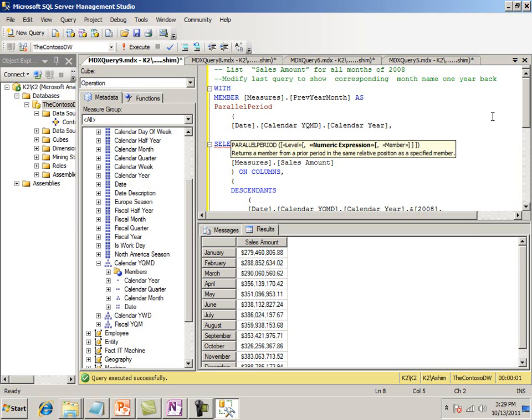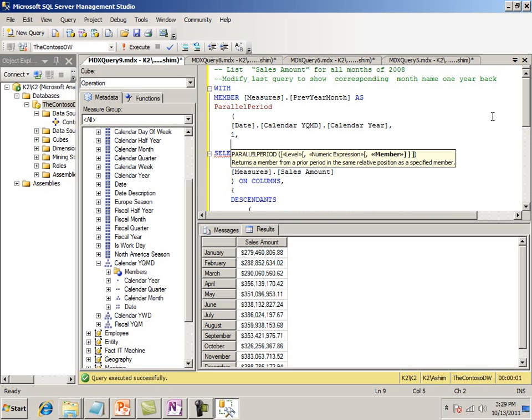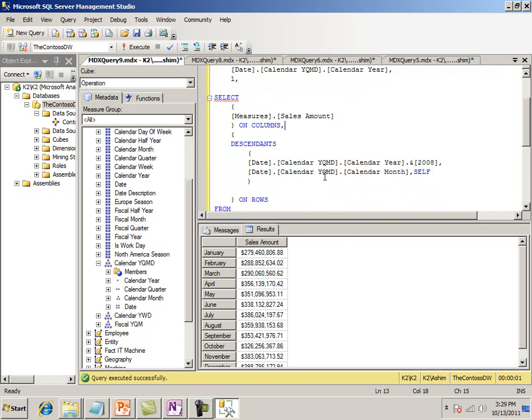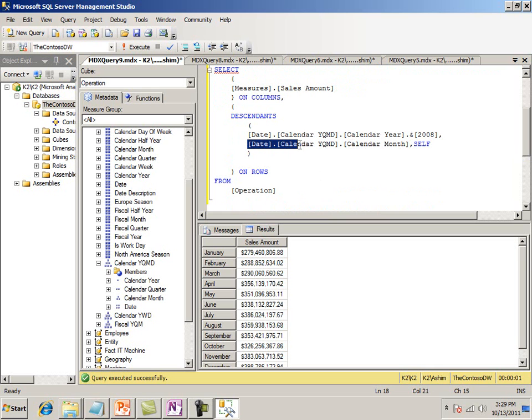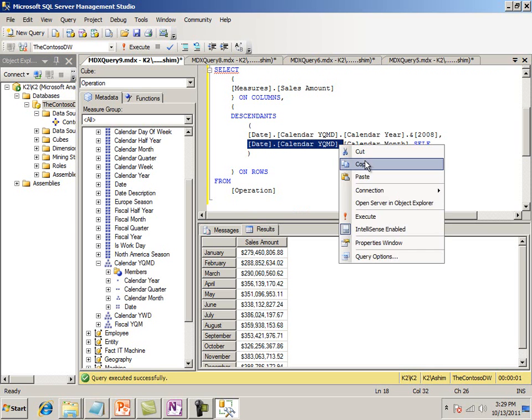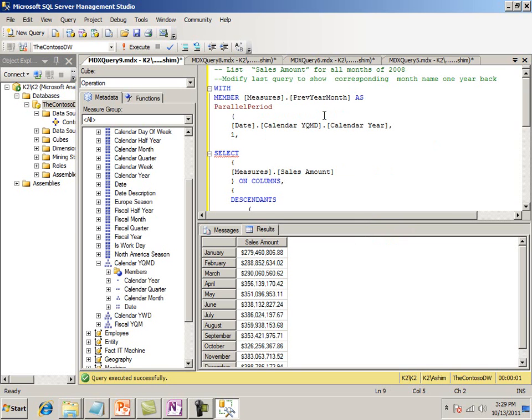So 1 means 1 year earlier, and for every month, right? That means this is my hierarchy, and the current member. Okay, so that should give us the current member, go back 1 year, and we want to have a name, so .Name. Good,